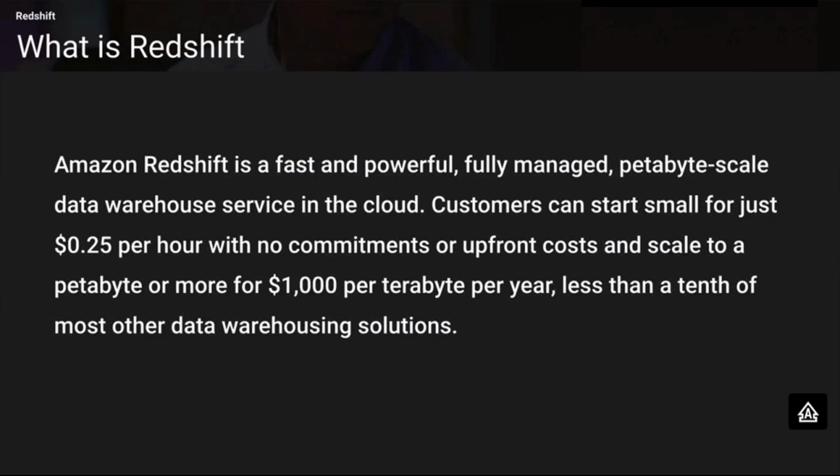So Redshift is a fast, powerful, fully managed petabyte-scale data warehouse service in the cloud. Customers can start with as little as $0.25 per hour with no commitments or upfront cost, and scale to a petabyte or more for $1,000 per terabyte per year, which is less than a tenth of the cost of most data warehousing solutions.